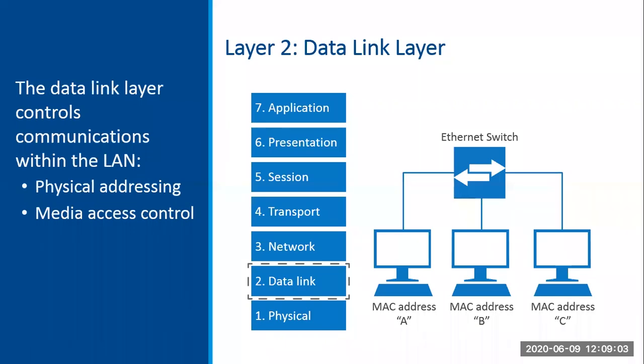Ethernet, by the way, the traditional wired Ethernet, actually operates on both the physical and the data link layer. So the basic idea here is that the Ethernet spec operates at the physical and data link layer. That's just one standard. There are lots of other standards. Wi-Fi also operates at the physical and data link layer and so on. So that's the idea here.